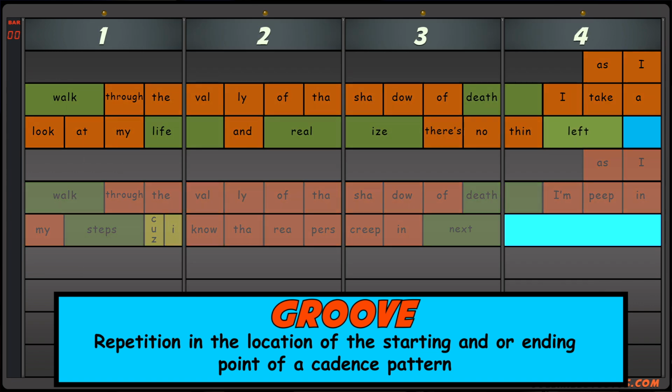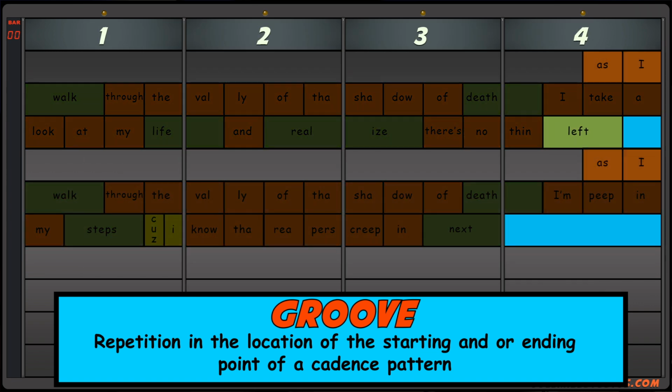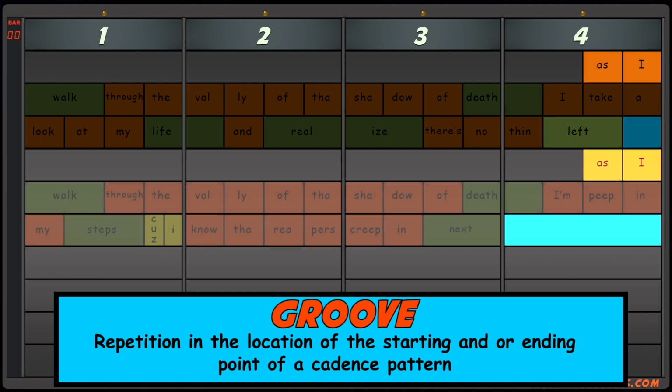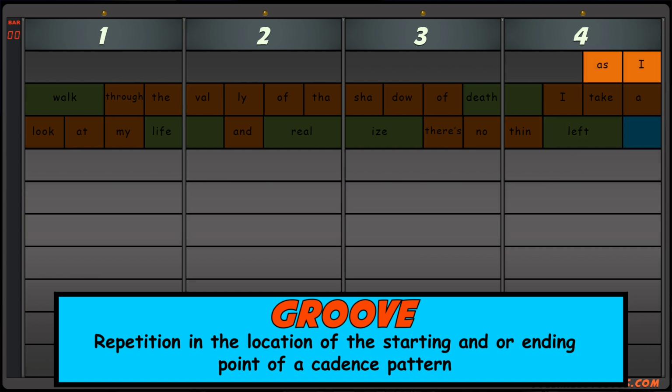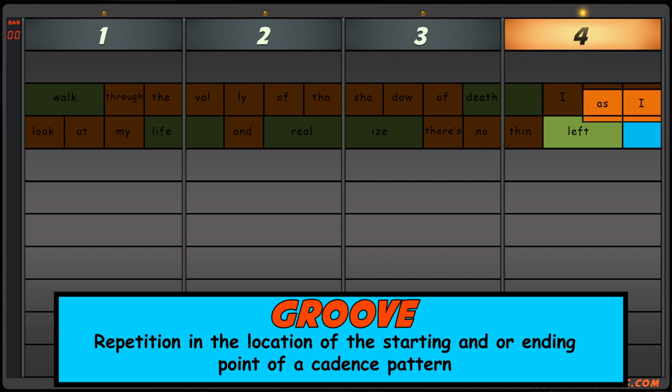So we'll change where the cadence ends, but we'll keep the beginning the same so we don't totally lose the groove. Also, since we're leading into the first beat with this groove from the second half of beat 4, at times we'll need to rap slightly on top of each other as we pass the cadence back and forth. For example, for Coolio's cadence, as I'm finishing up the cadence on the word left, you will need to begin rapping the cadence with the words as I. And we'll do every cadence twice each, starting with me.